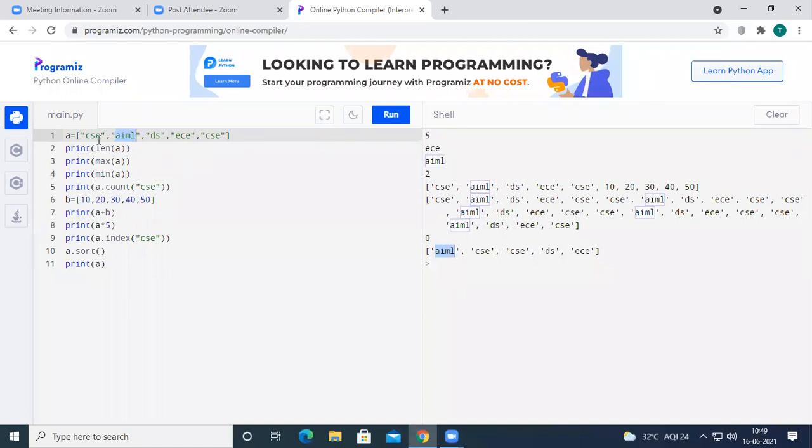There is no element with B, but there are two elements with C, the CSC at position number 5 and CSC at position number 0. That's why we are getting CSC a couple of times. On D, we have DS. On E, we have ECE. So if we use the sort function on strings or characters, they will be considered from A to Z.